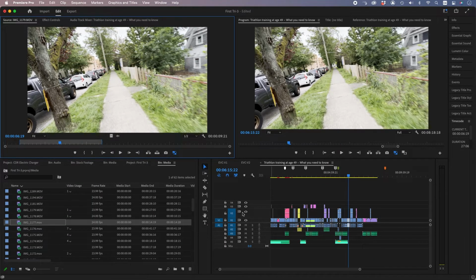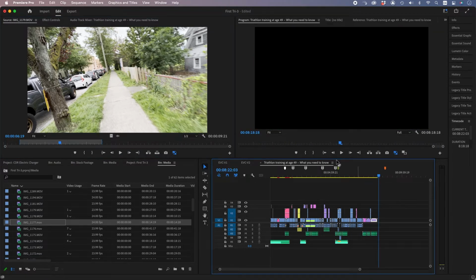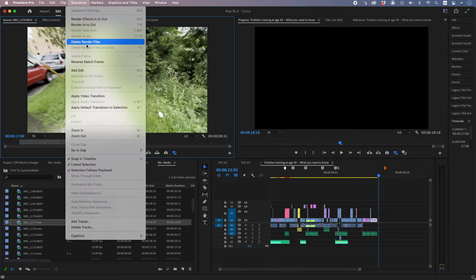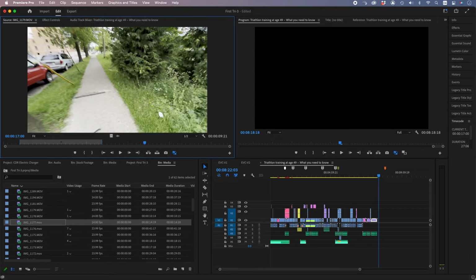But we have a trouble here. There's a little bit of a glitch. If we're outside what's being used and you select sequence reverse match frame, it doesn't bring you anywhere in the sequence, so this could be a little bit tough. So what we want to do maybe is